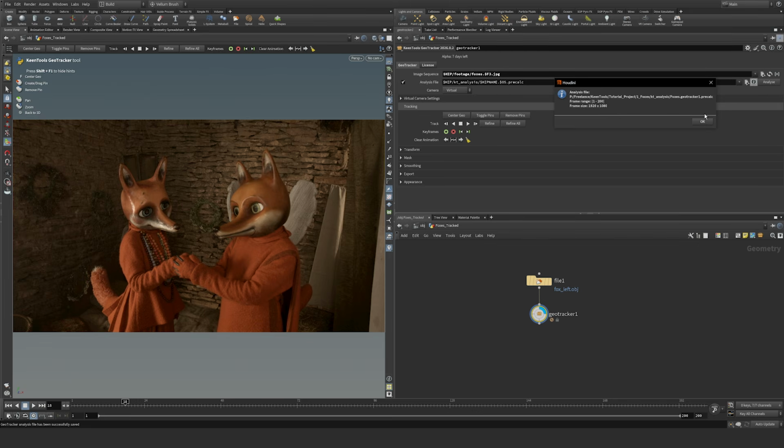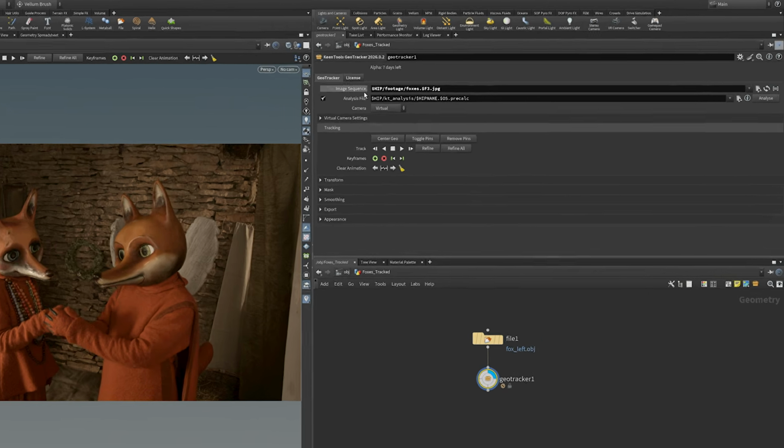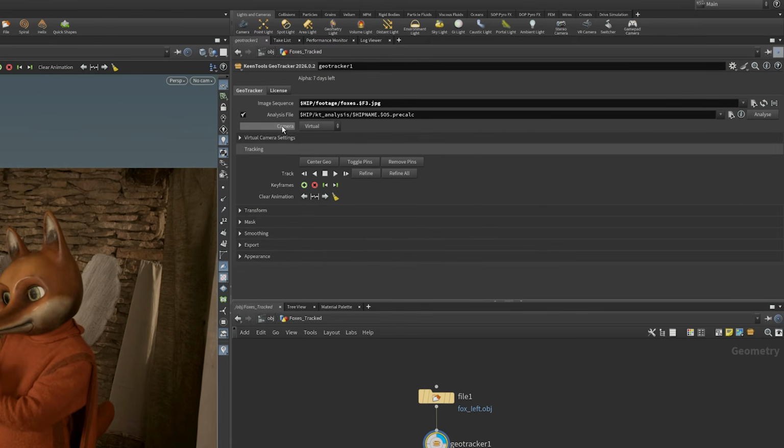Okay, so now that the analysis file is complete, click OK on this, and we can take a look at this camera parameter. So that third key element, camera, we have our footage, we have our 3D geometry, now we need a camera. By default, it's set to virtual. There is a second option here for object/lop. Now, the virtual camera is exactly that. It's virtual. It's an internal camera that the plugin uses,